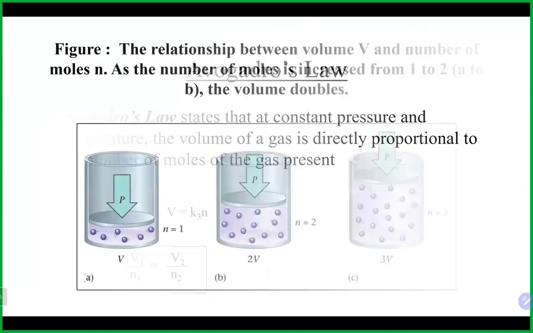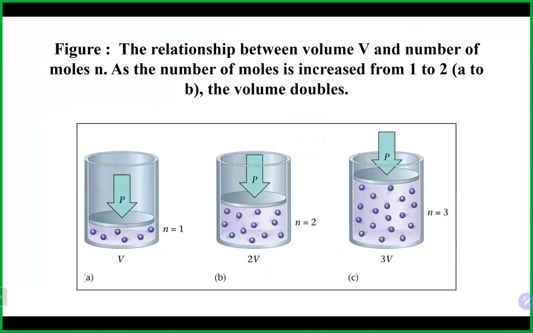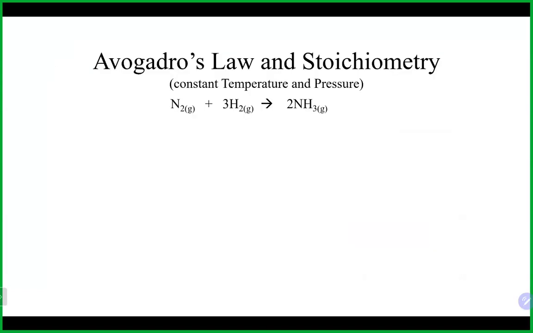Now, one of the interesting things about Avogadro's law and Avogadro's relationship is, as we can see, if we increase the volume to 2, we get 2 moles. If we increase it to 3, we get 3 moles. One of the relationships that comes out of Avogadro's law actually deals with stoichiometry. We're going to talk about gas stoichiometry, which is basically the same idea as regular stoichiometry that we did in chapter 9. But with gas stoichiometry, usually at some point, as we'll talk about later on in this chapter, you have to put it into a gas law.